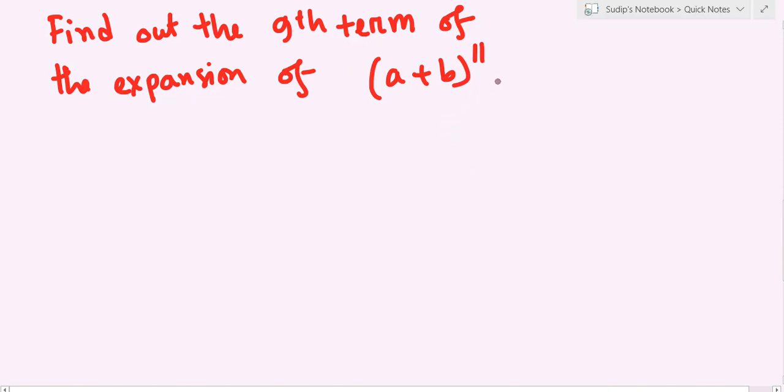Now since the power is 11, if we build up a Pascal's triangle, it will be a very big triangle, and it will cost a lot of space and also time. So what should we do is,